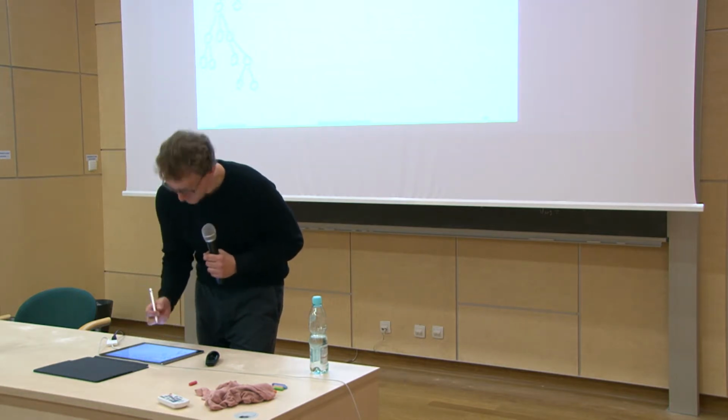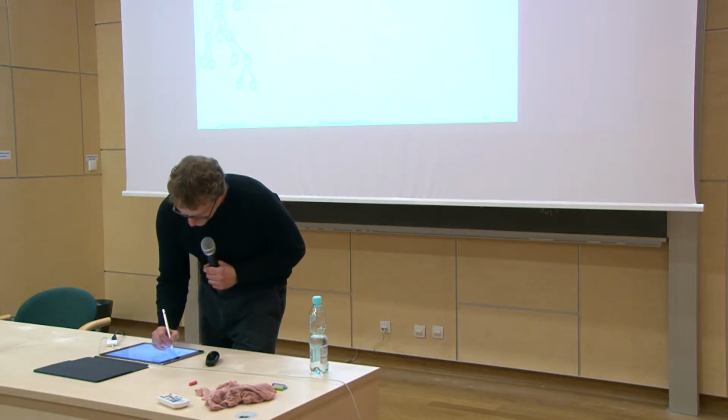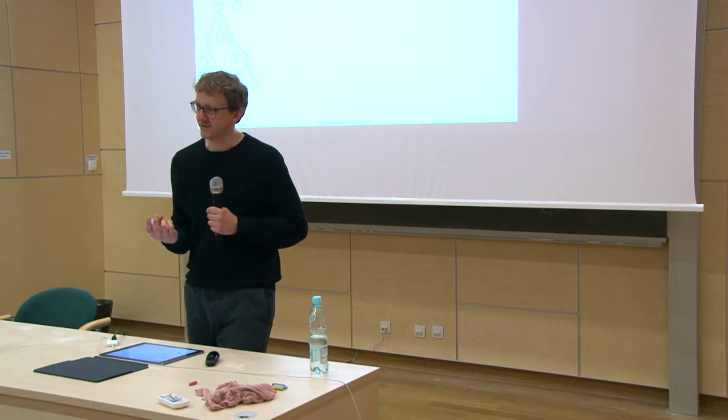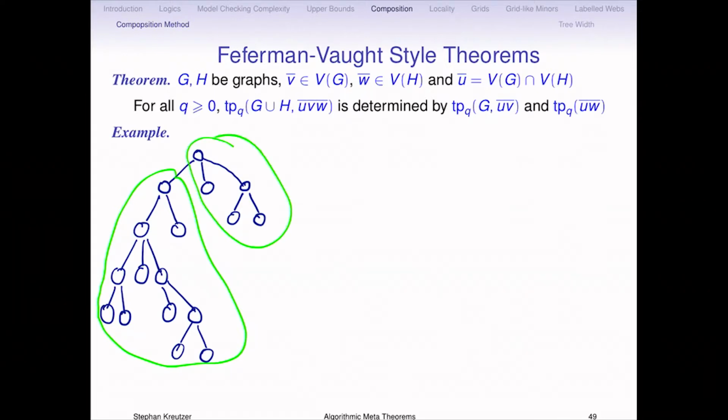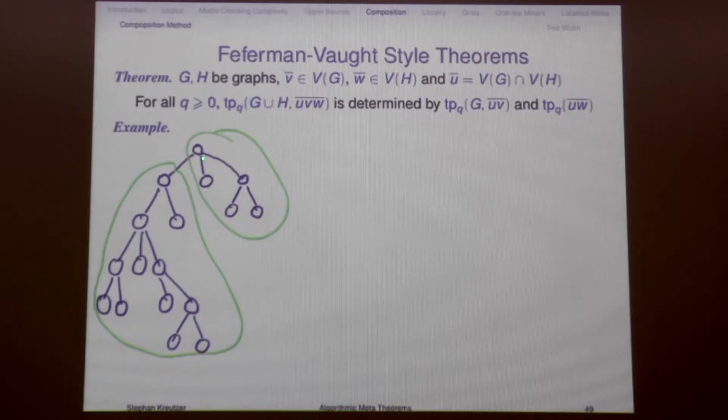You see, I'm spoiling my beautiful picture here. I mean, you have to decompose this tree into subtrees. Yeah? But how do you do this if you use empty? You could take this subtree and this subtree, and they have an empty intersection. But then it's not easy to combine them, because there's an edge between these two vertices, but you don't know which ones they are, because this edge is lost in the subgraphs.